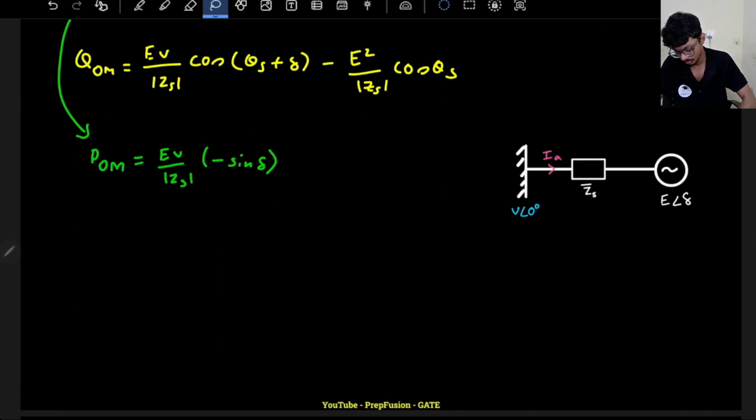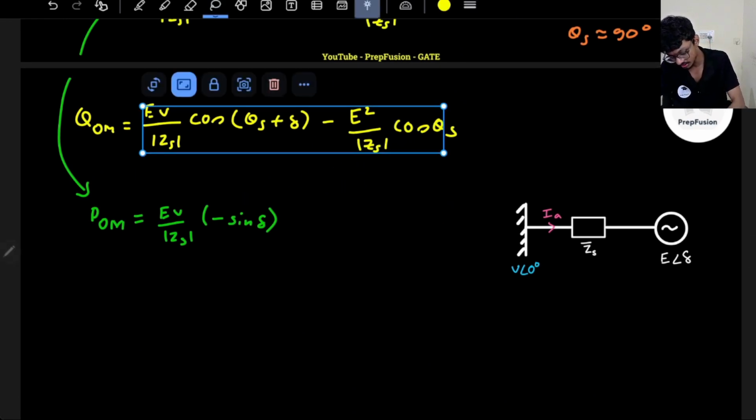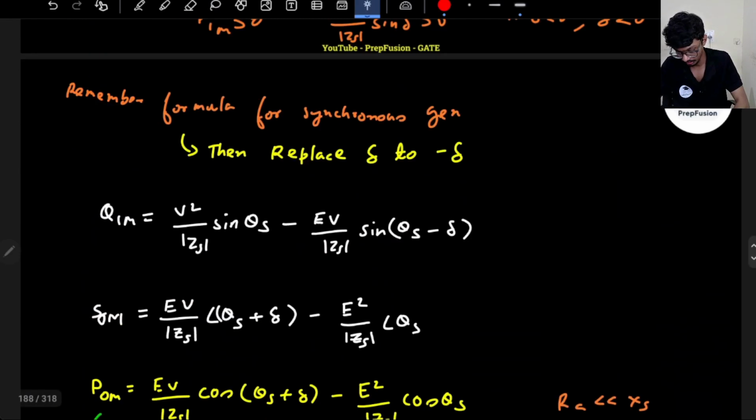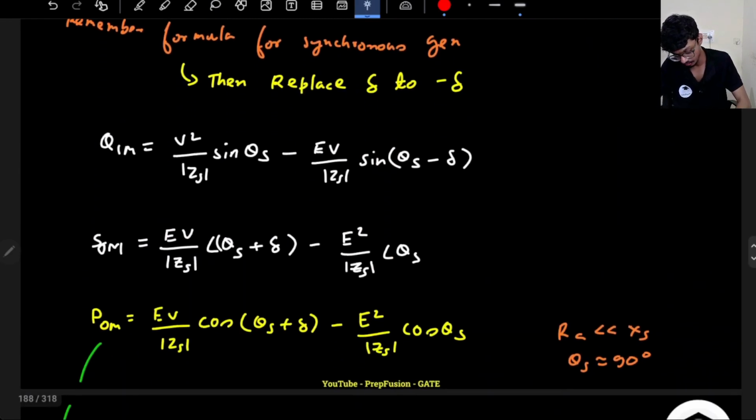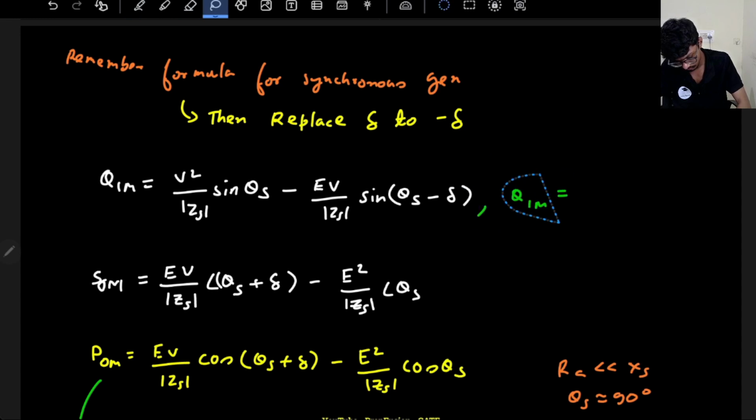Okay. What about the reactive power expression? The reactive power expression, you will see, will just be the opposite of the input reactive power. I will show you. If RA is again made 0, what will the reactive power become? So reactive power will become V square